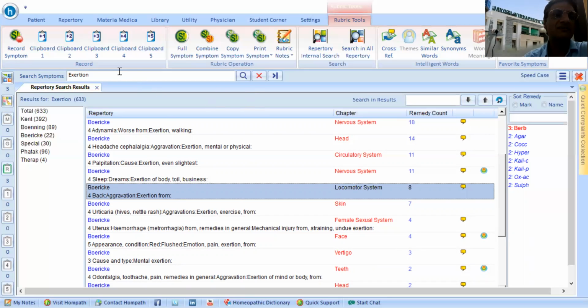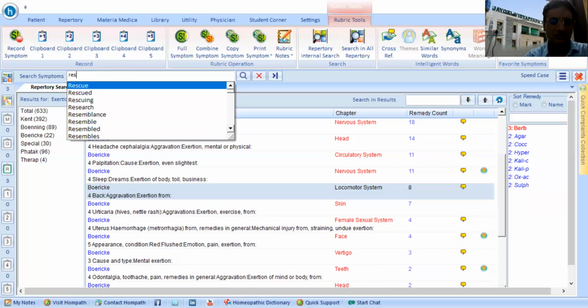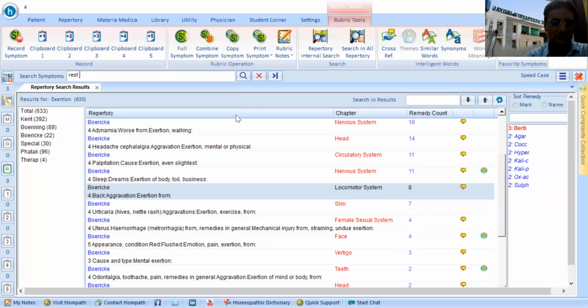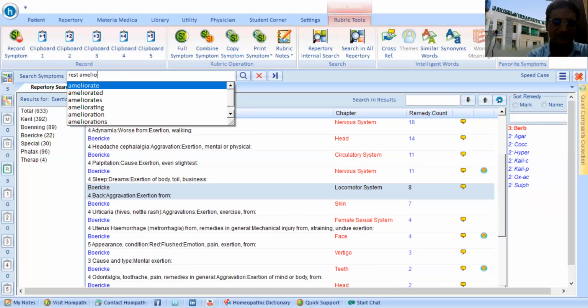Now, patient says he is better by rest. Rest ameliorates.